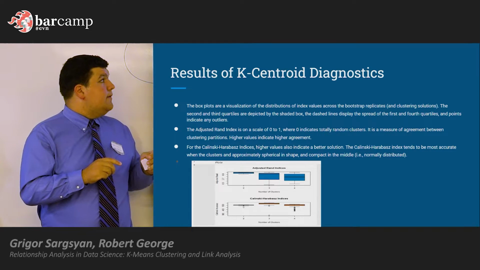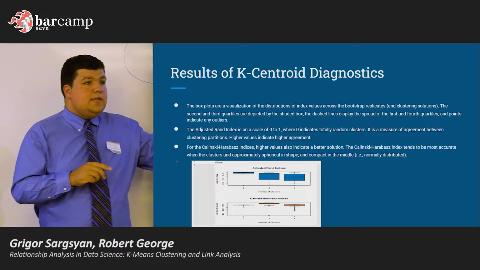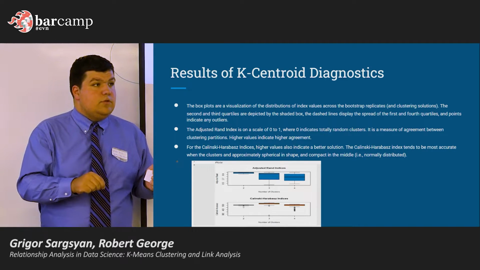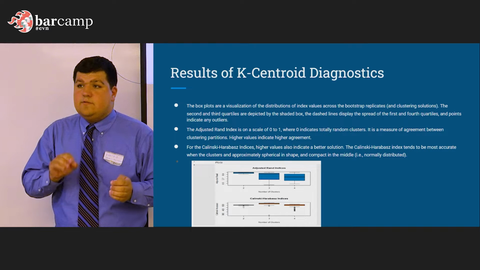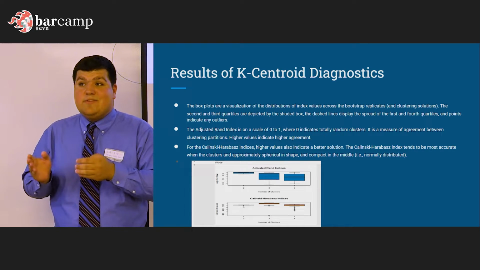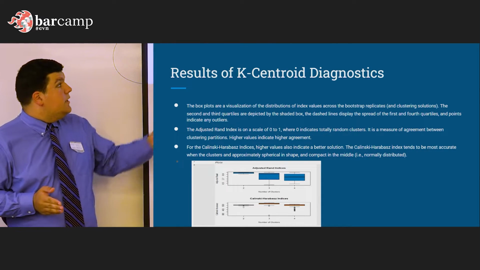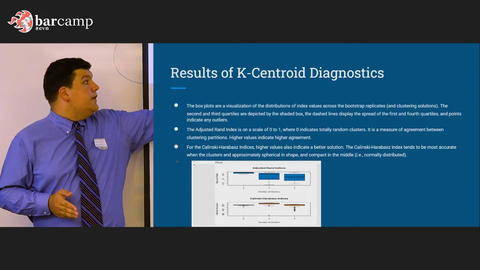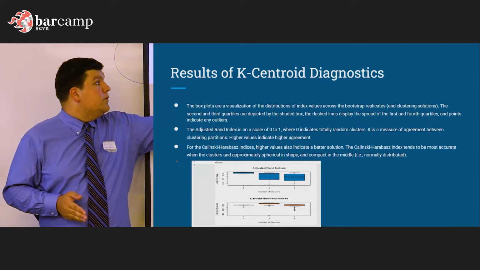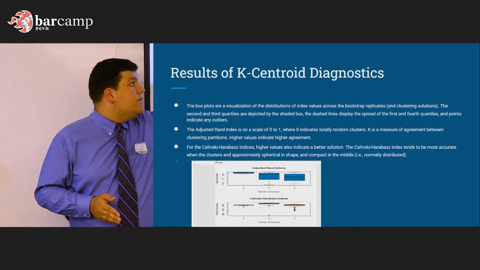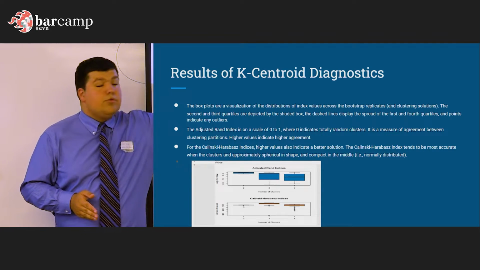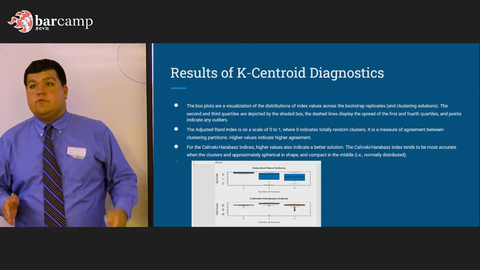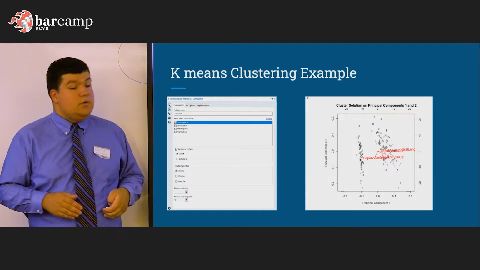So in this specific example, preferably the Kolinsky index is used because Kolinsky assumes normal distribution, and as we previously stated, by standardizing z-score with the central limit theorem, everything is a normal distribution. And here we see that 2 is compact, but it's a little bit lower. 4 has a huge amount of outliers, but with 3 having minimum outliers and the highest score, 3 would be your ideal number of clusters used in this specific example.